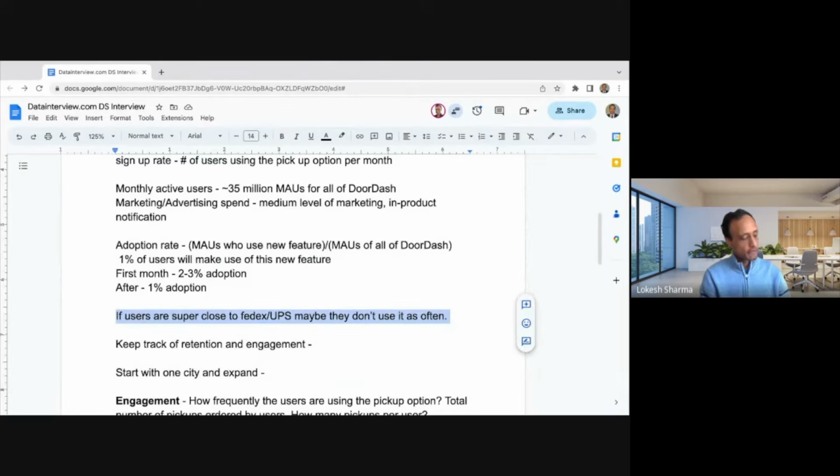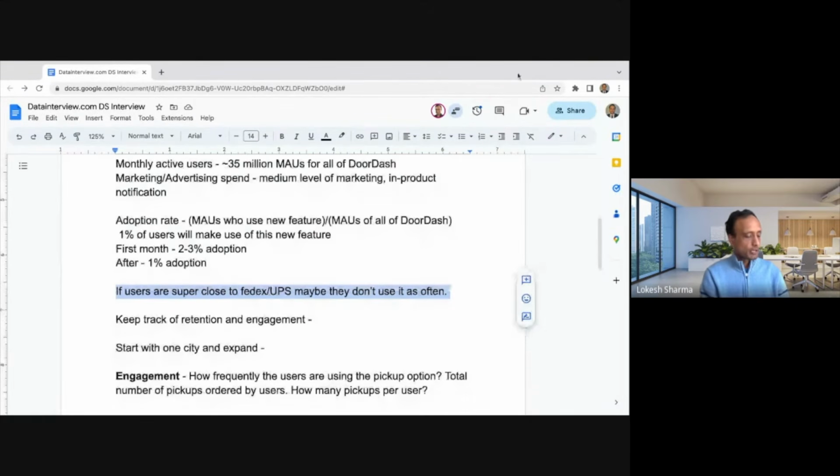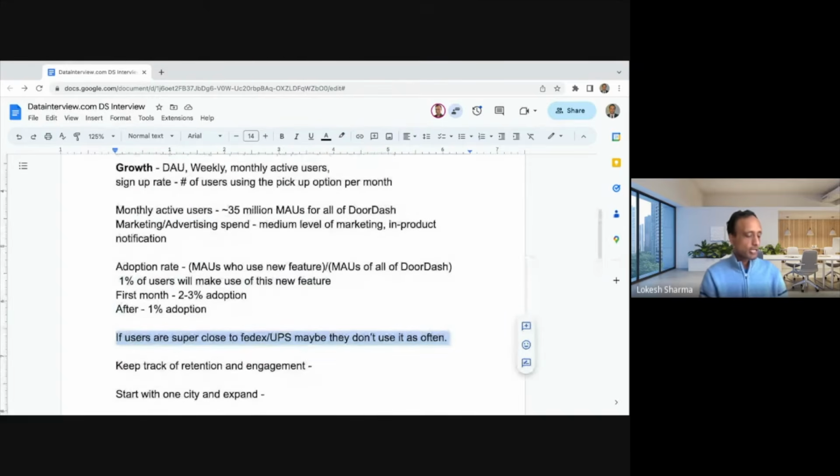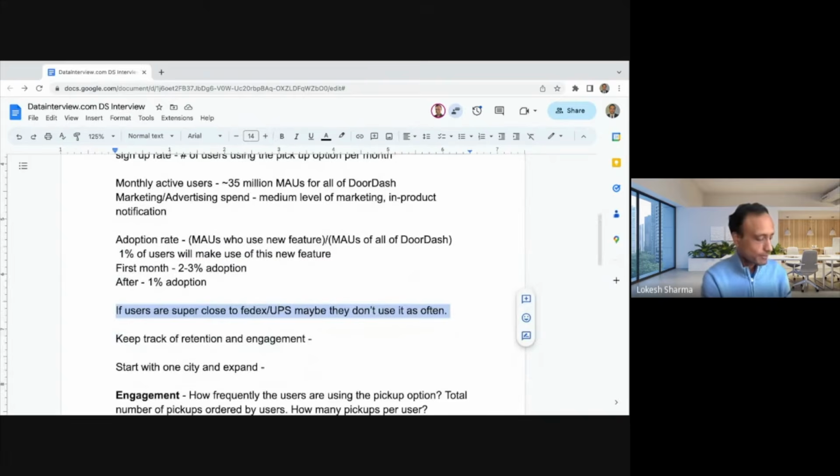And then the third factor I'll use here is not only the location of their home address, but also their office or their commute. Some people return packages when they go to office, or there is a facility in the office to return those. So you take the package to office and return it. So I will reduce those users as well, and maybe use an estimation of how many people just return their packages in office or on their way to office. Those are some of the factors I can use as input in calculating the ultimate adoption rate for this product feature.